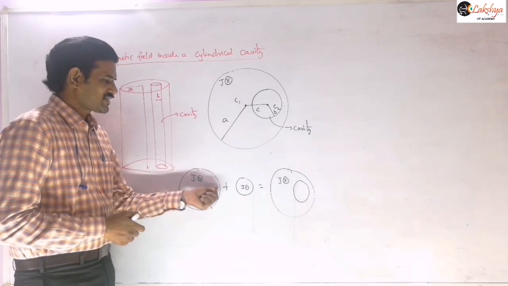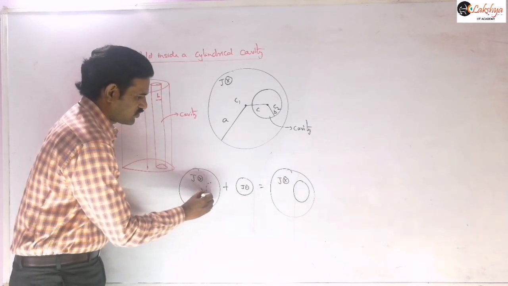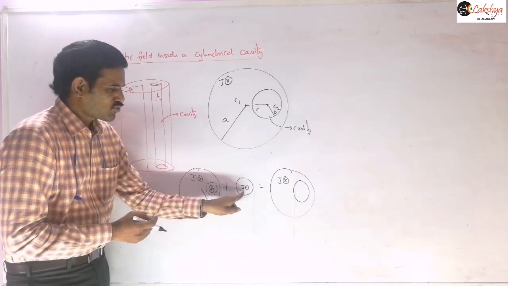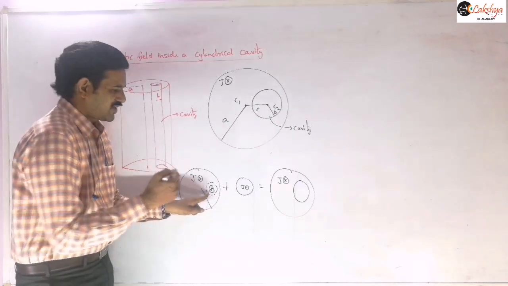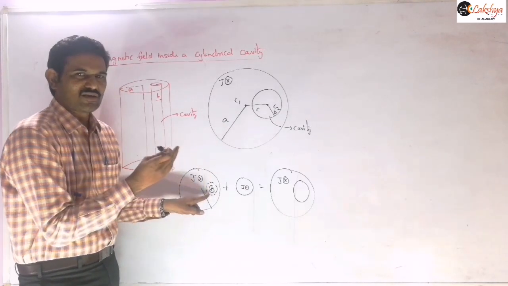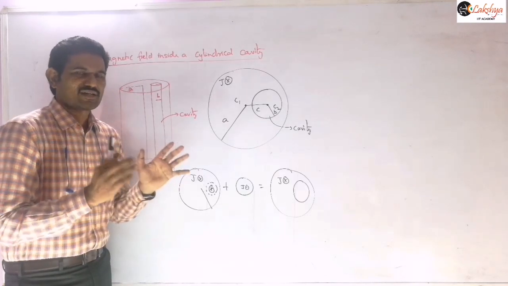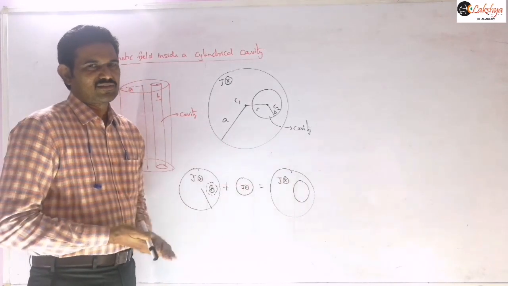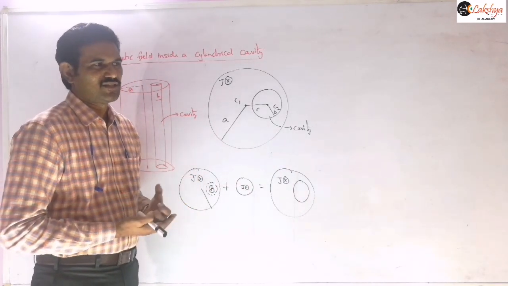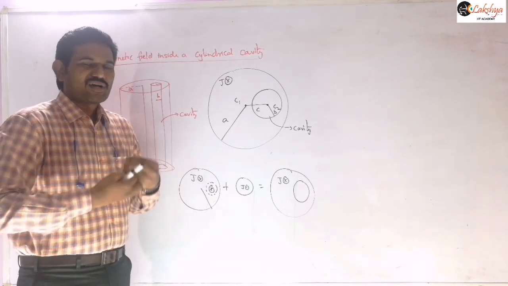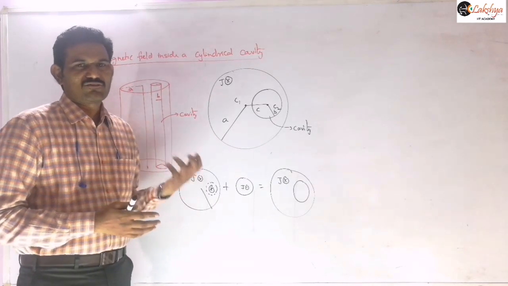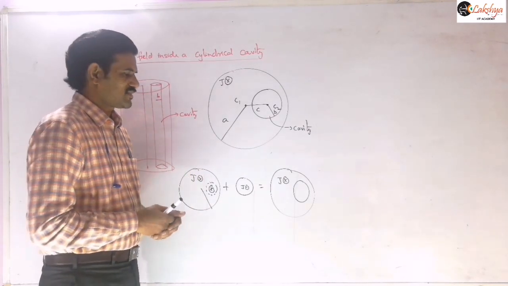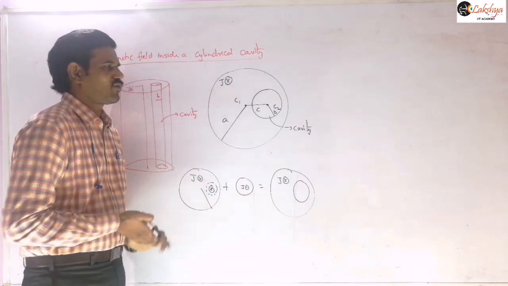In this region we already have some current density into the plane. Now I assume this cylinder is placed here, so that one current density is into the plane and the same current density is out of the plane, so the net current density in that region becomes 0, and it appears to be a cavity. Cavity here means no current is flowing in that region. So we can assume it as a combination like this.